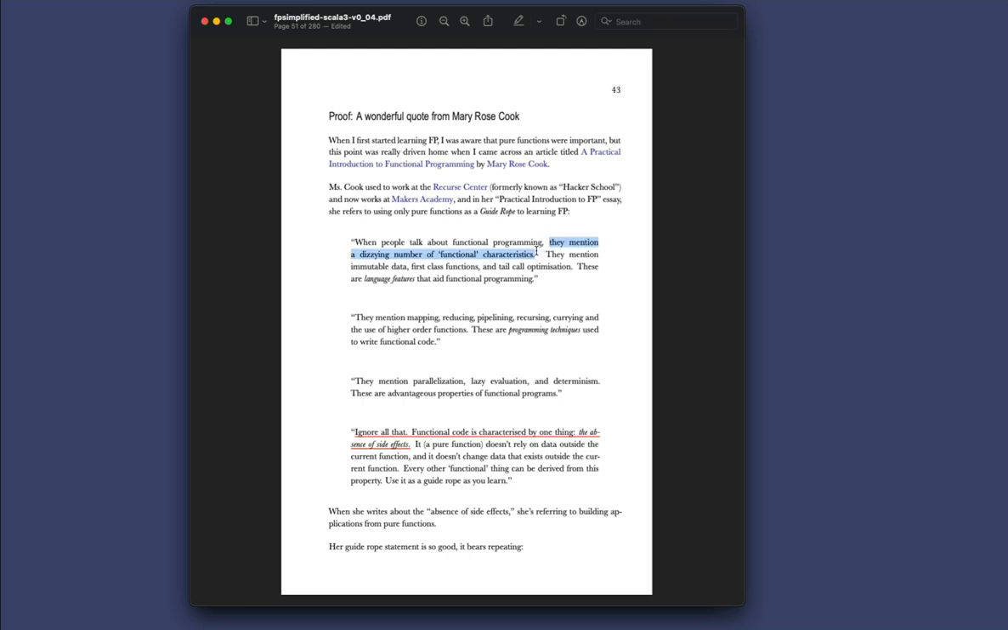She says that people mention all these dizzying number of functional characteristics, and then they try to include those in the definition of functional programming, which to me, that felt wrong. And then she talks about immutable data, first-class functions, tail call optimization. And she was the first one that I read that said these are language features. They'll help you, but they're not necessary. And while I disagree with her on this one particular point, everything else she talks about there and everything she talks about here,